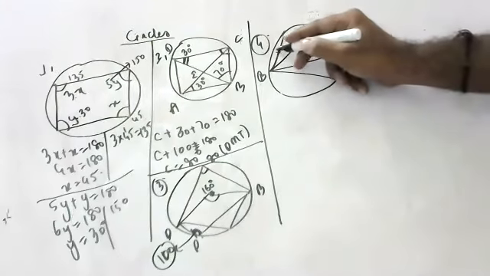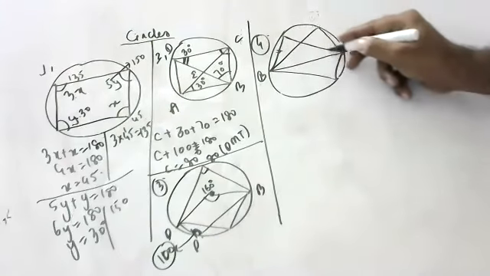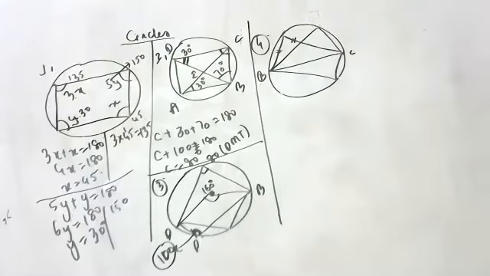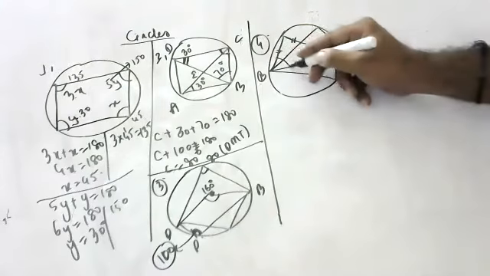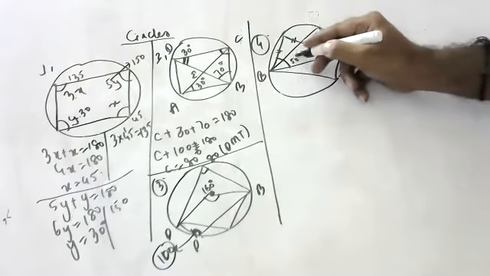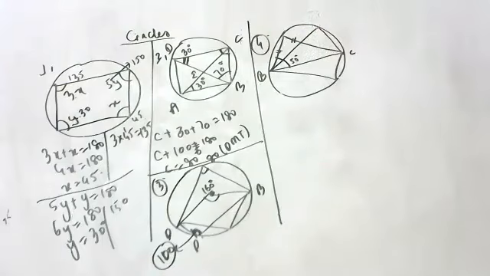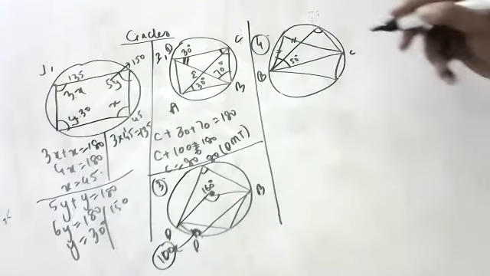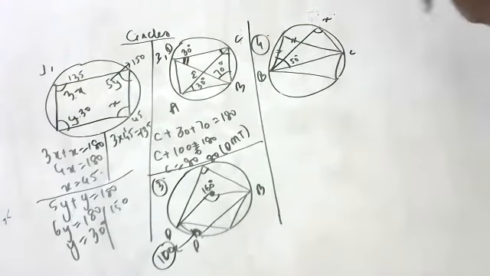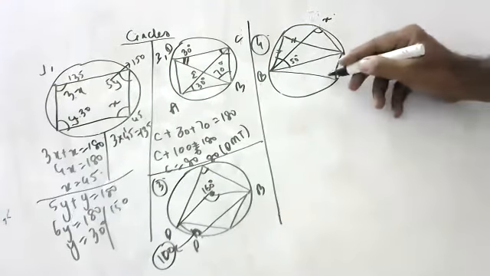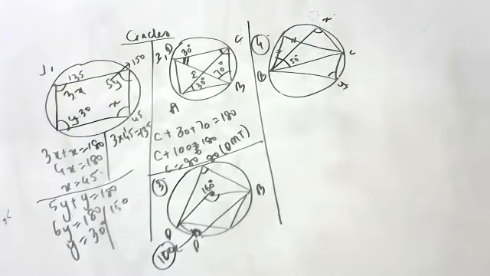Children, they have given that this and this entire thing is equal, and they said that this is 50. This full one is 50. And find the measure of BEC. This angle they are asking, children. And also they are asking BEC. This angle also they are asking. Who is there next? Saisha, are you there?